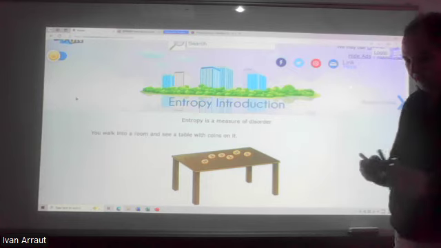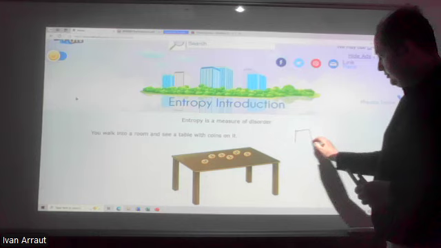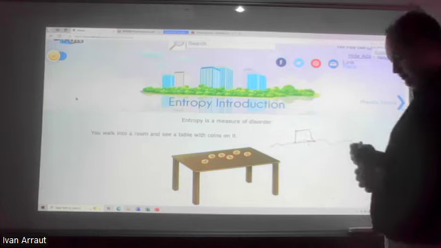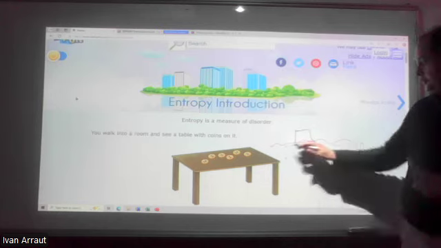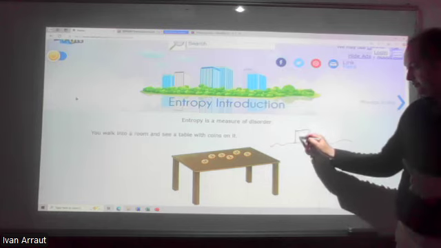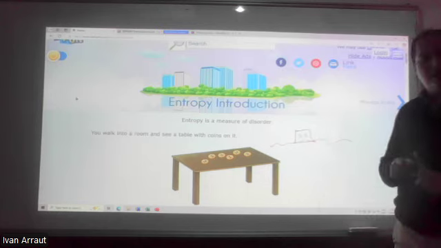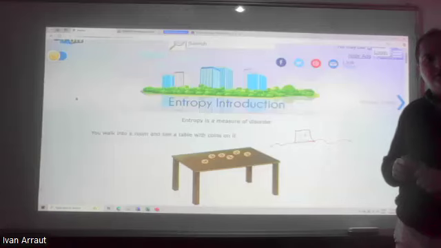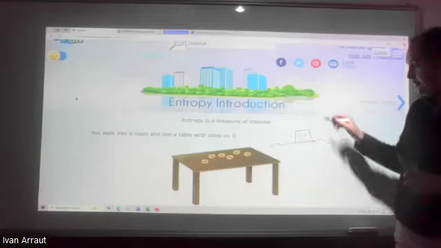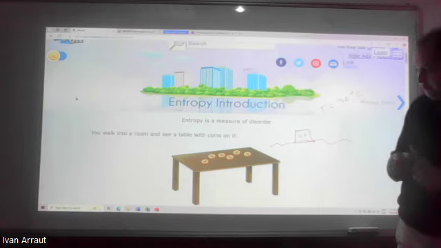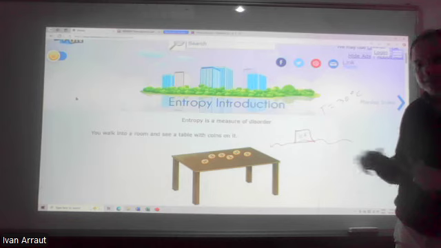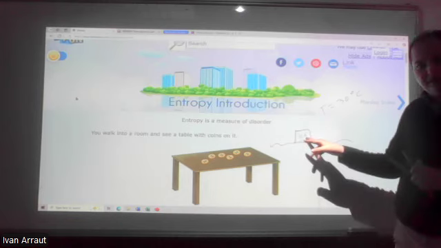I put a piece of ice on the environment like this. On a table, I put ice. What will happen with the ice? Melt. If the temperature of the room is 30 degrees, it will start to melt. But before that, the ice